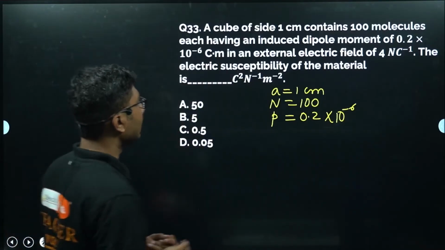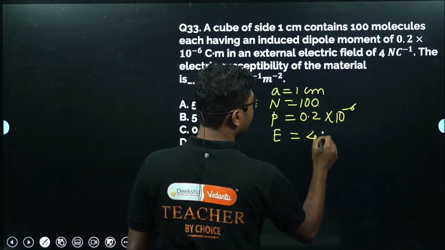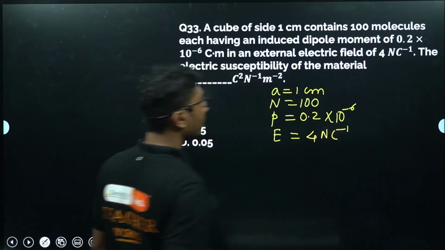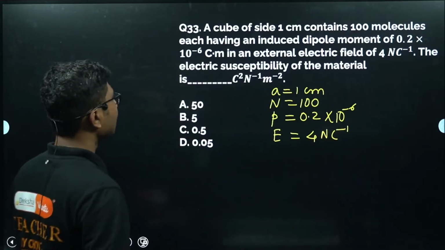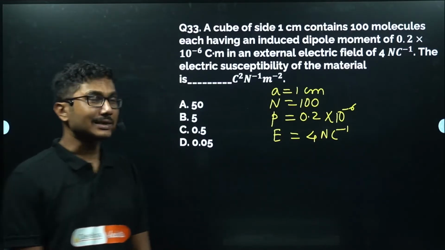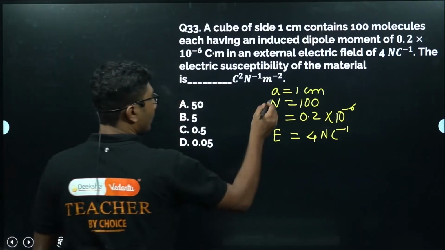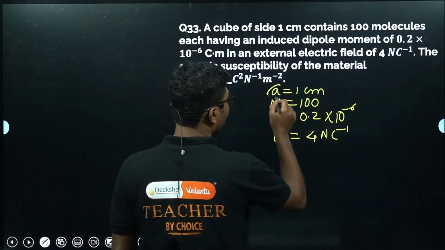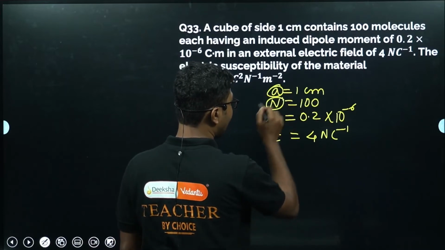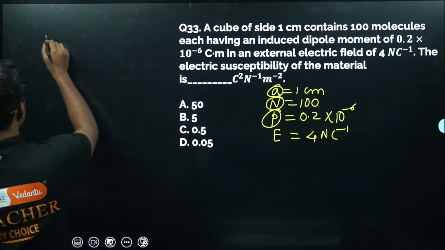in an external electric field of 4 Newton per coulomb. Okay. So the electric susceptibility of the material is, so now you have to calculate the electric susceptibility of the material. So for that we know that the number of molecules is 100, each molecule having dipole moment p. So polarization of the medium,